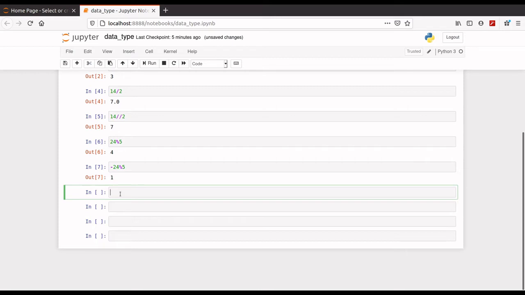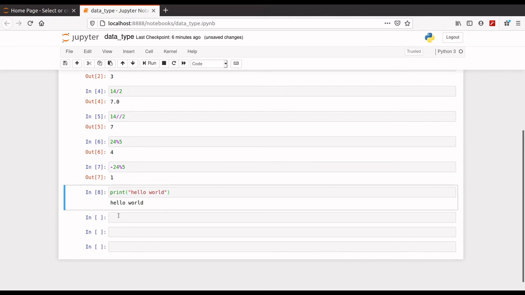So now let's see some other important functions that we will usually use in Python. Print function. This is just to print anything in Python. Just you write print and a string.